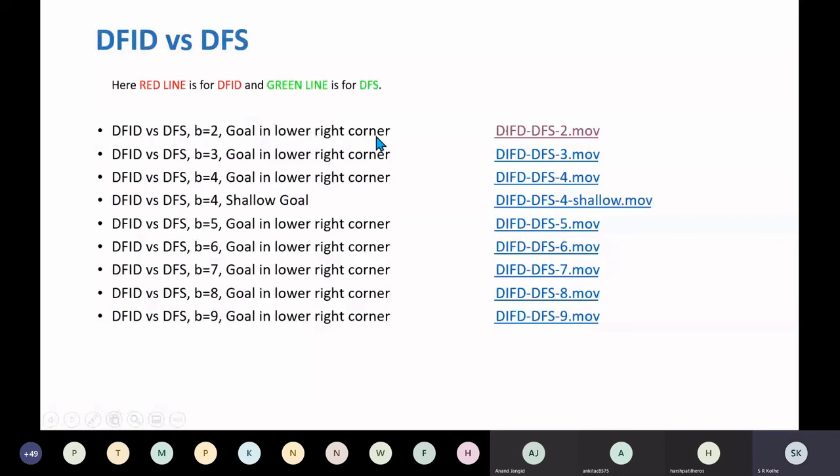Where was the goal? Lower right corner, and what is B here? Branching factor or something else? Anybody notice? Branching factor. Is it a branching factor or something else?